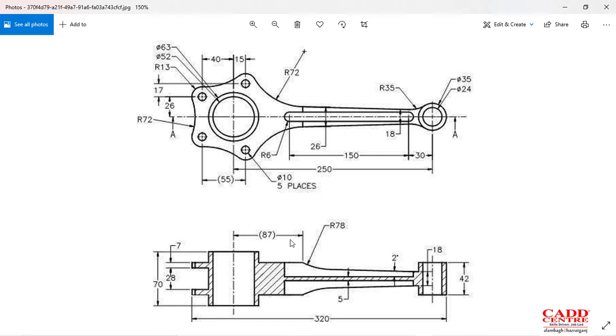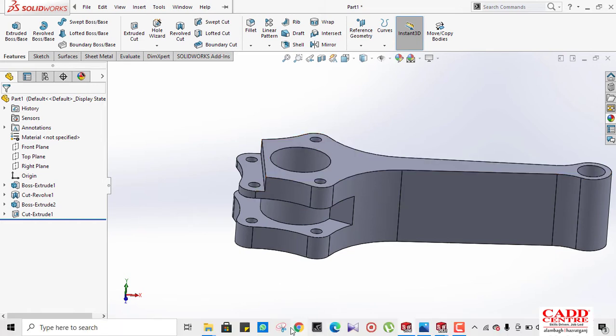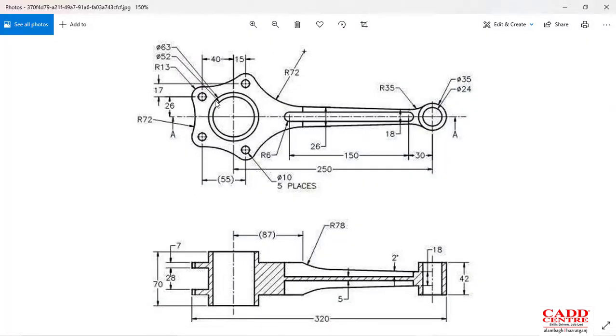So we have to draw one circle which is 87 radius, and extrude cut up to that one. Okay, now we will get that. One second, that portion I am not getting, 63. We have to overcome that 63, and we have to draw two circles.